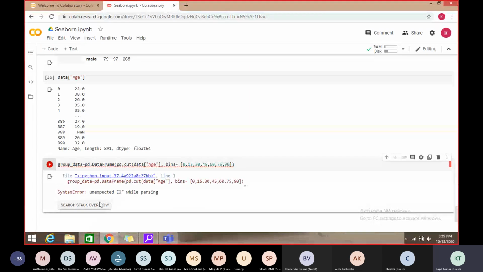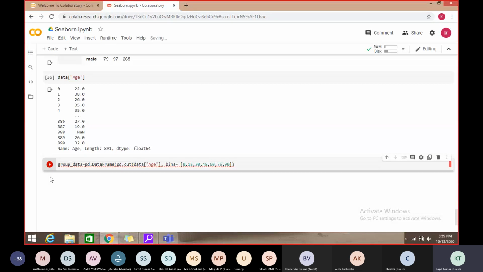Okay, unexpected end of file. Let me check where it is, just a second. So this is group_data, and pd.DataFrame, pd.cut, right?